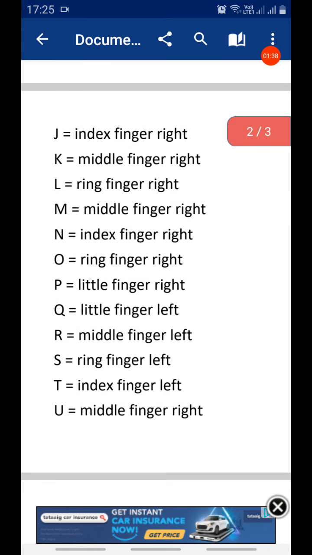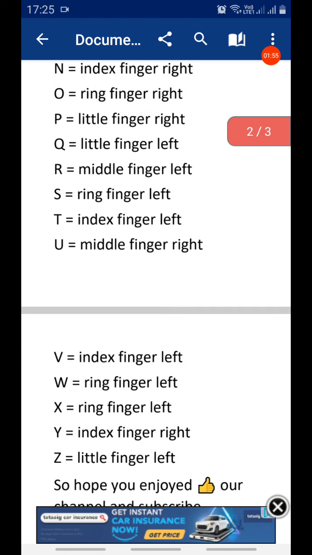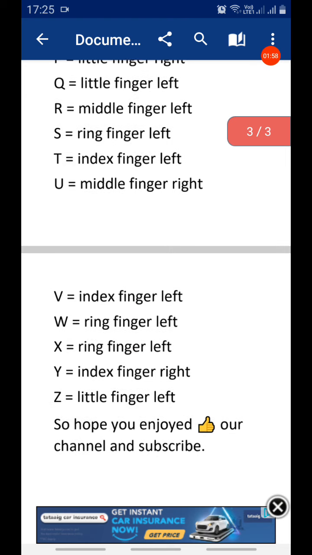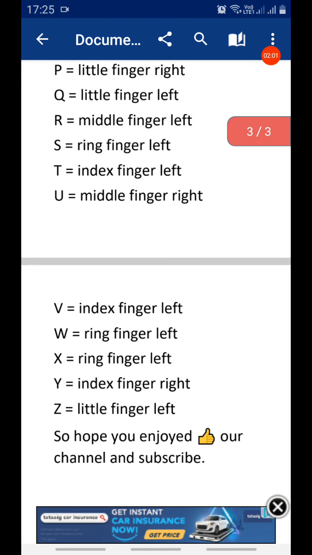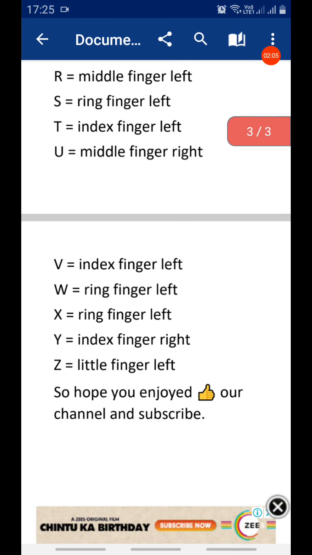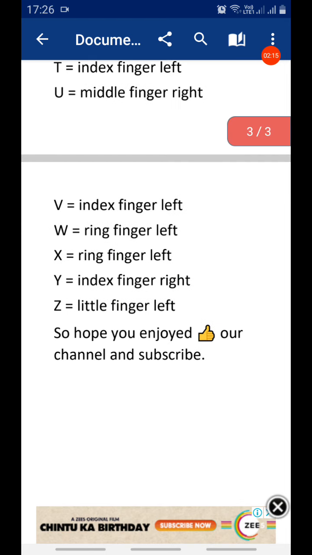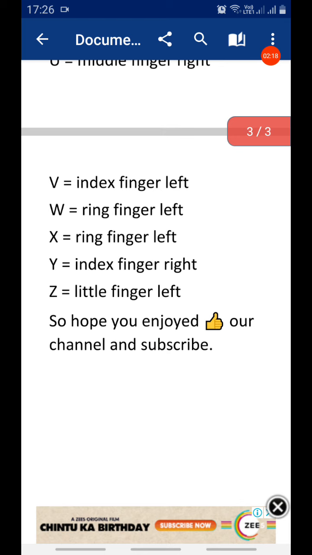J is the index finger right, K is the middle finger right, L is the ring finger right, M is the index finger right, N is the index finger right, O is the ring finger right, P is the little finger right, Q is the little finger left, R is the index finger left, S is the ring finger left, T is the index finger left, U is the index finger right, V is the index finger left, W is the ring finger left, and X is the ring finger left.